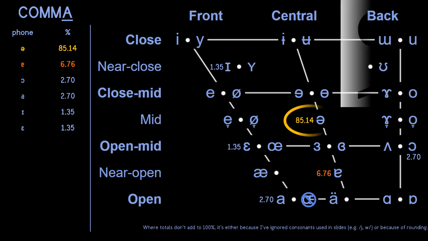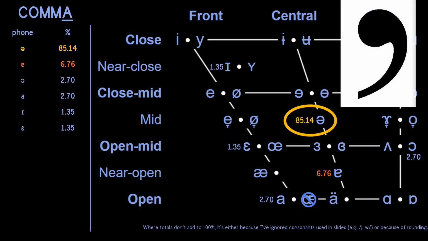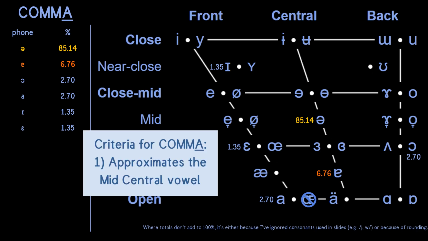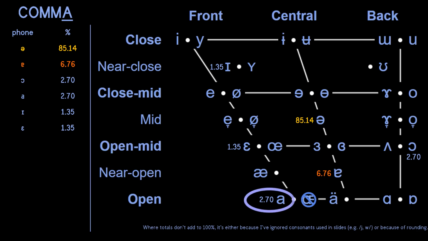Having covered every quadrant, we now shift to the center of the vowel space. Here we find almost all of us use the schwa for the final vowel in comma. Those using the near open central vowel may be merging it with their strut vowel. A few other localized alternatives exist. For example, Fijians use the open front vowel without a slide.